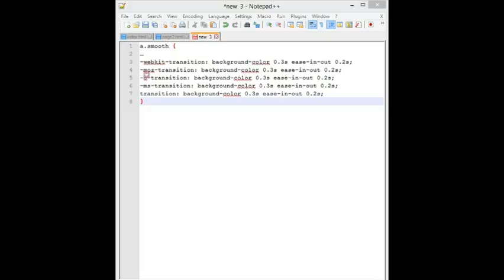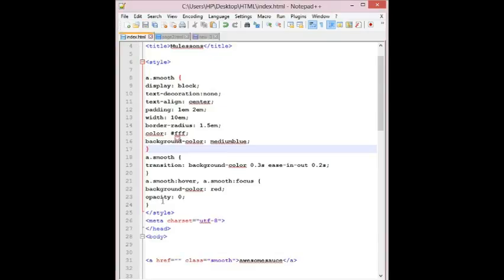I also want the text color to change to black, but more slowly than the other animation. One way to do this is to list all the values for each property separated by commas, as in this example. Like this.